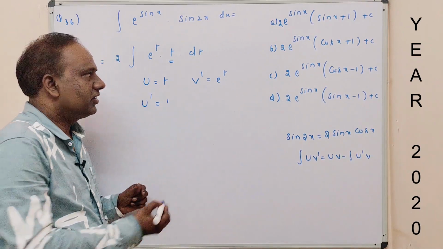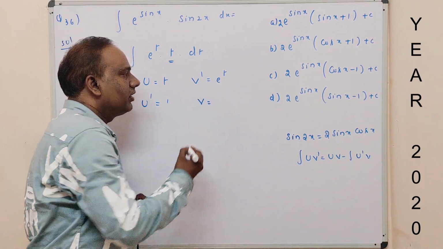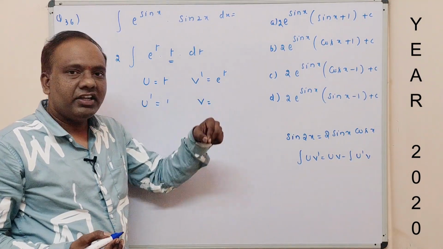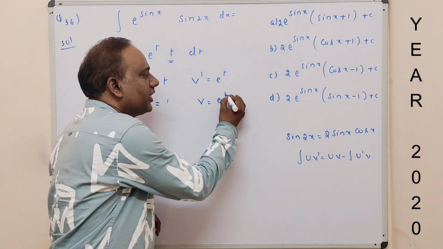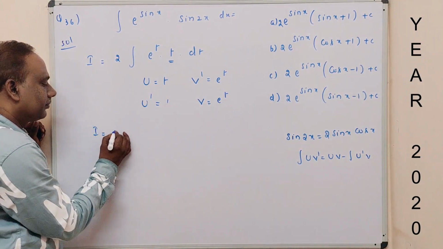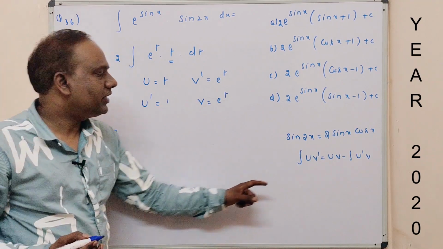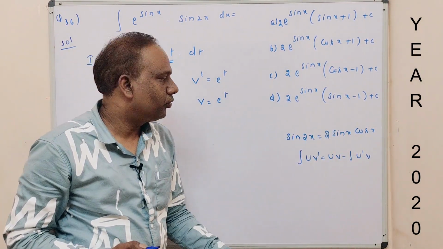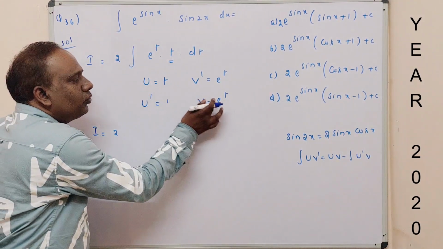And here the integration of v dash is v, and the integration of e power x is e power x. Like that, the integration of e power t is e power t. Now I is equal to 2 into, actually the integration of uv dash is equal to uv minus the integration of u dash v. Here u into v, that means